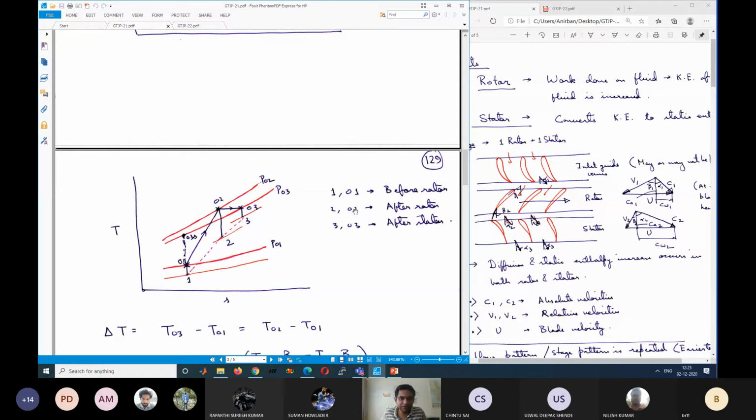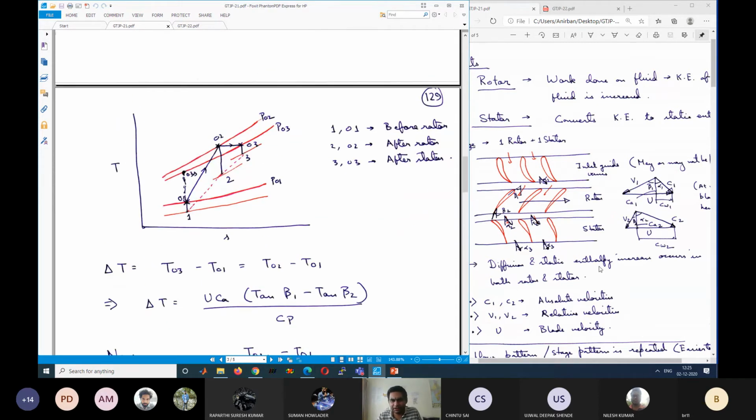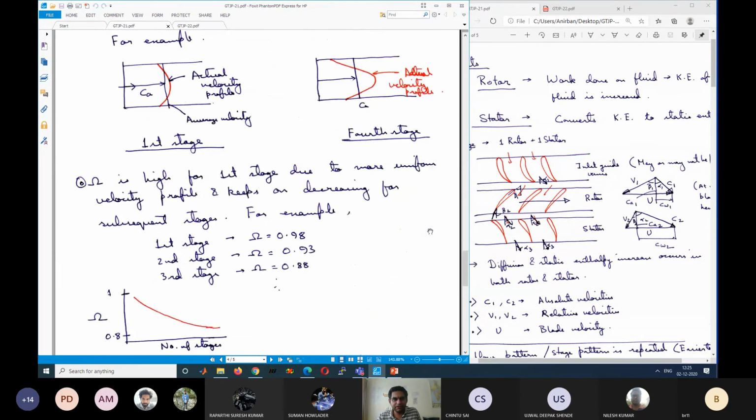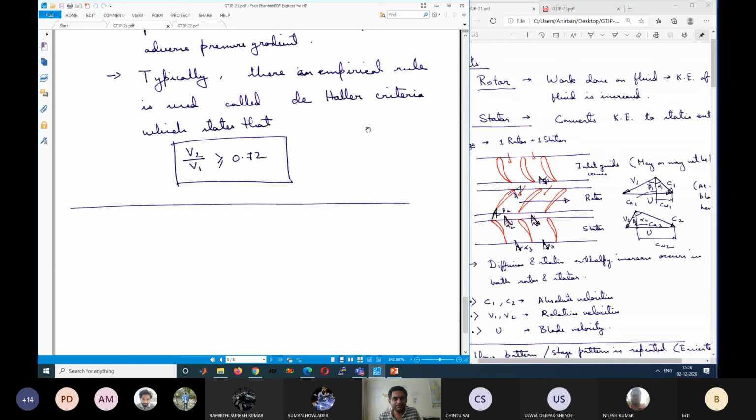I will try to find out some good problems for the compressor, meaning both axial and centrifugal, as well as the turbines, from the book of El Sayed Ahmed, if there are suitable problems, because those are some advanced problems, may not be suitable. At least 3-4 problems if I can find, I will suggest for more practice. These are very important because this will be helpful for you in the long term, for campus selection or other activities. Let us take a break, and then I will briefly start discussing the combustion chamber, the theory of combustion chamber.